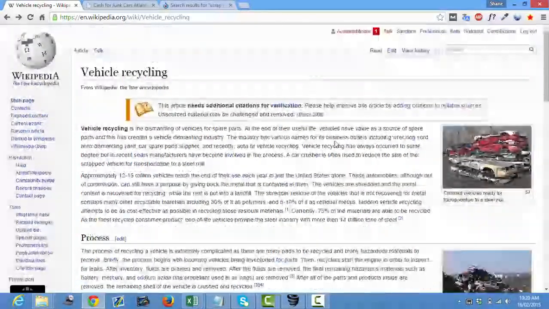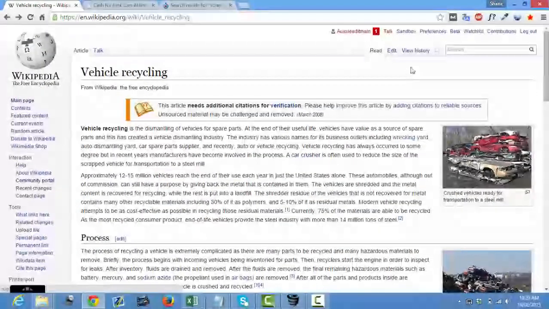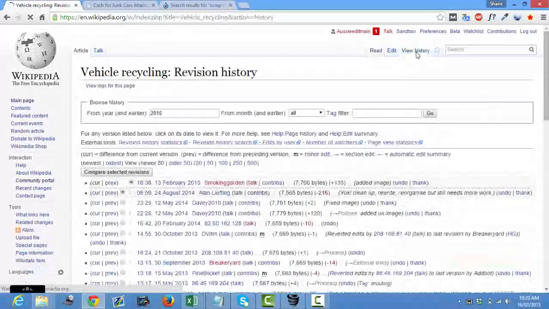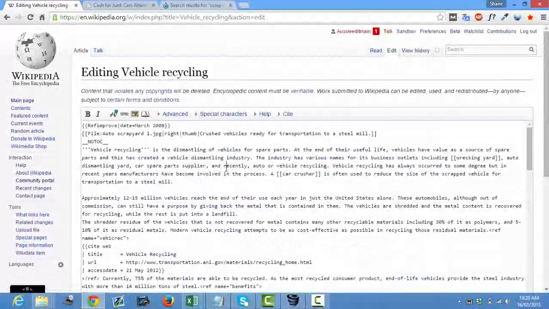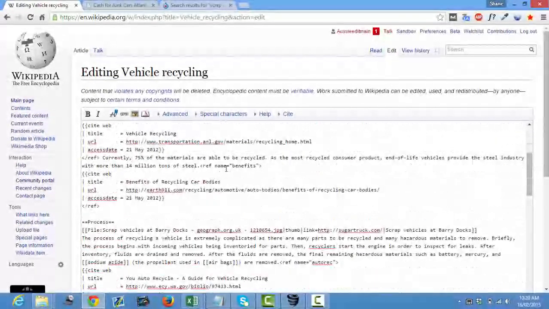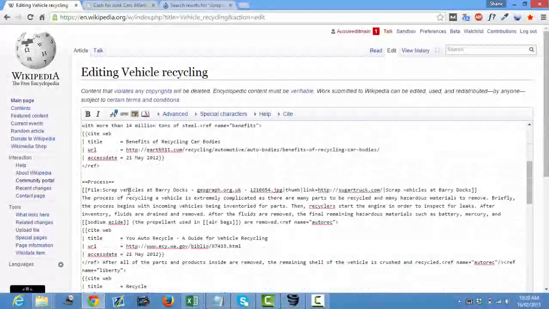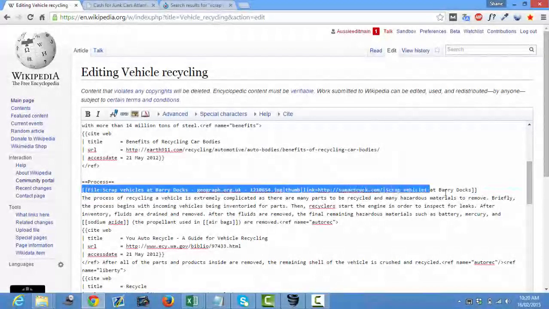So to see the code or the way I did that, we click on View History. Sorry, we click on Edit, and it is here. That's the code I use.